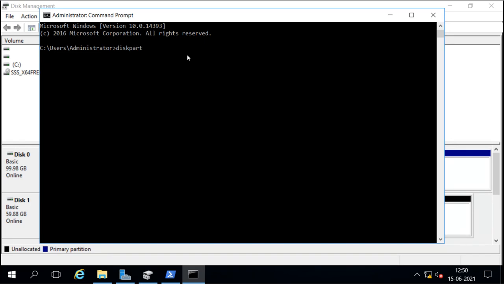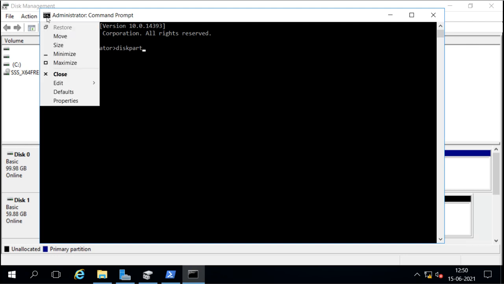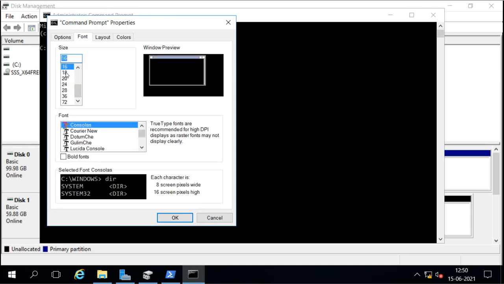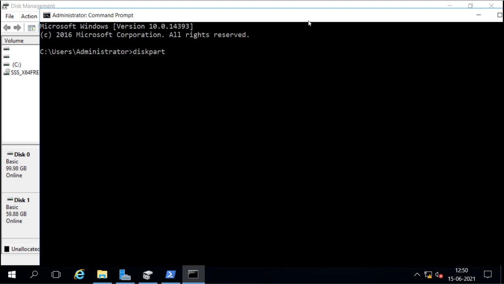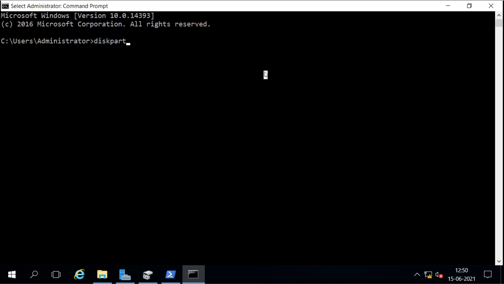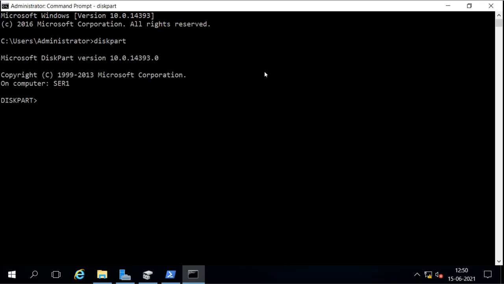By giving the command diskpart, let me increase the font a little, we will start the tool here. Now we are under the diskpart tool, and whatever command we give here is for diskpart.